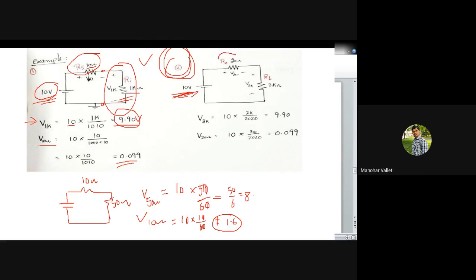Let us say your amplifier has this output resistance. We connect the amplifier output to a load, which is 2 kilo ohm, like this. Whatever output you produce has to be properly delivered to the load. If you are unable to deliver it, then whatever you generated is useless, right? In this case, just calculate the voltage across the 2 kilo ohm load, which is almost 9.90. With 20 ohm, it is 0.009, meaning your circuit output resistance has to be as small as possible,